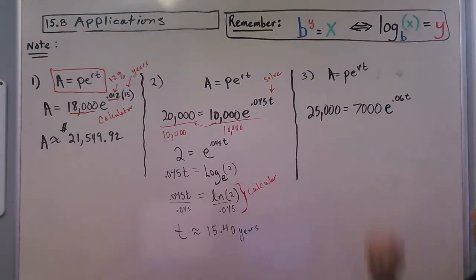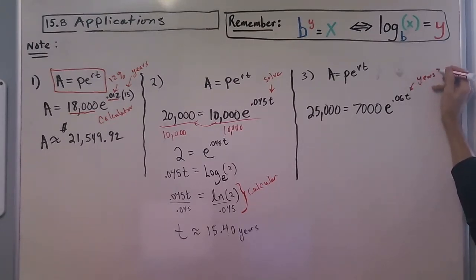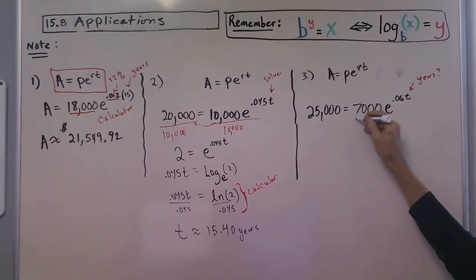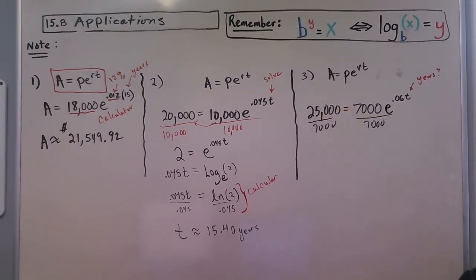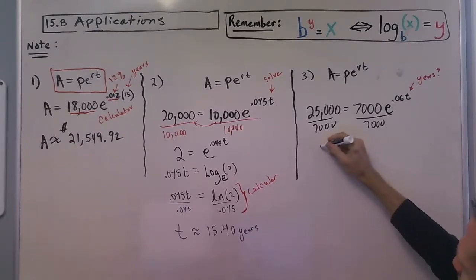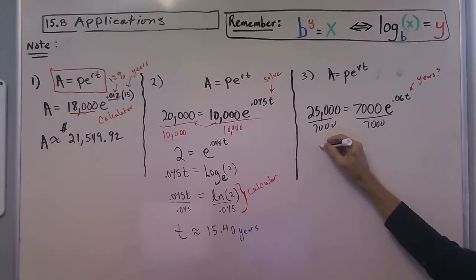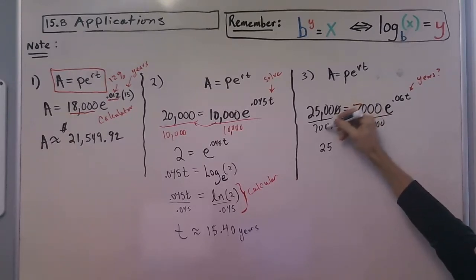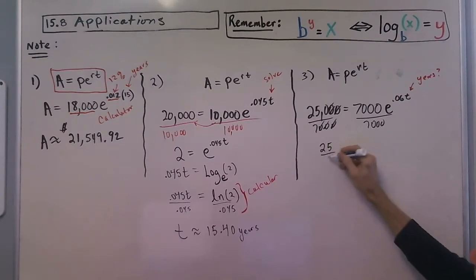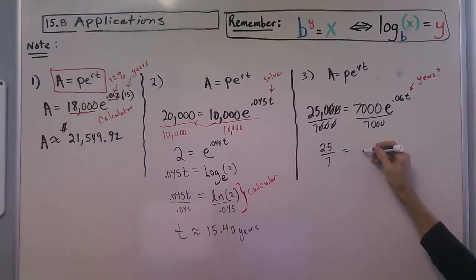Okay. Then on this one, we're going to look at a slightly different way. You'll see it's similar to this problem. We have to solve for the years again. All right, that's what we're solving for. So we're going to divide by 7,000 to get started here. Okay. When you divide by 7,000, we get 25. We can cross out these zeros here. We get 25 over 7 is equal to e